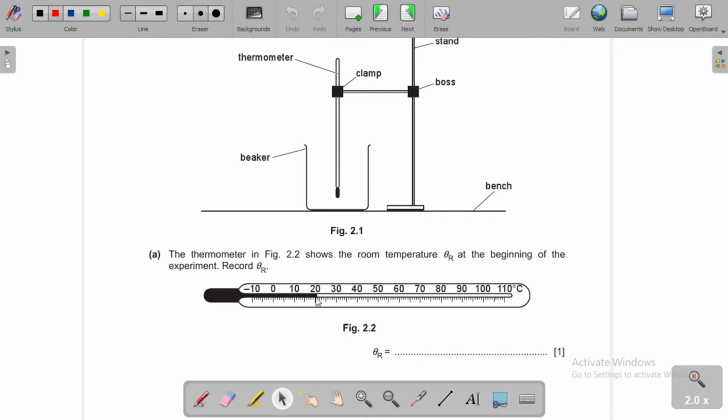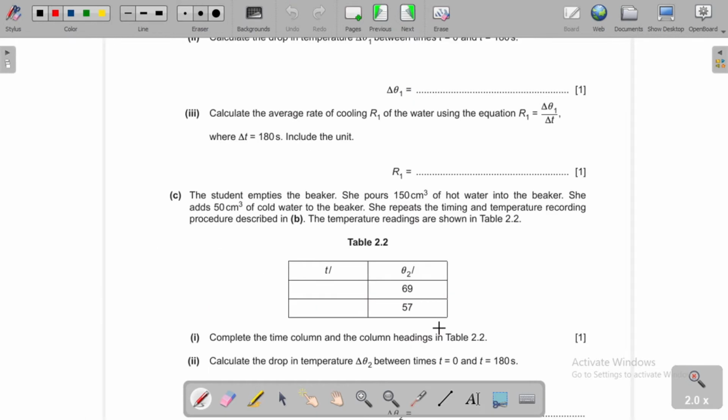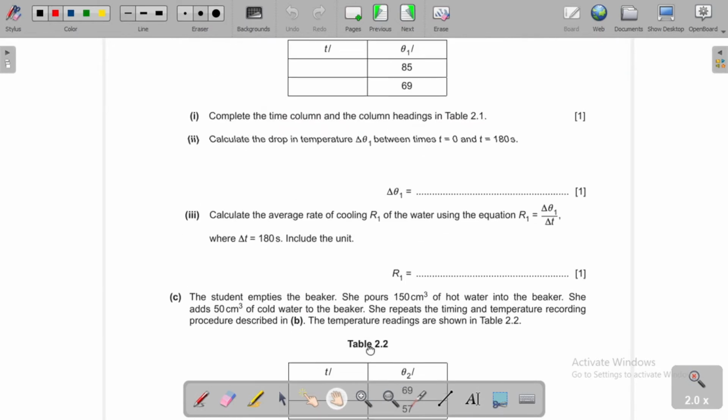We have 20 here, so this is 21. So we have 21 degrees Celsius. That is the reading. Let's go to the next question. Now the next question states that